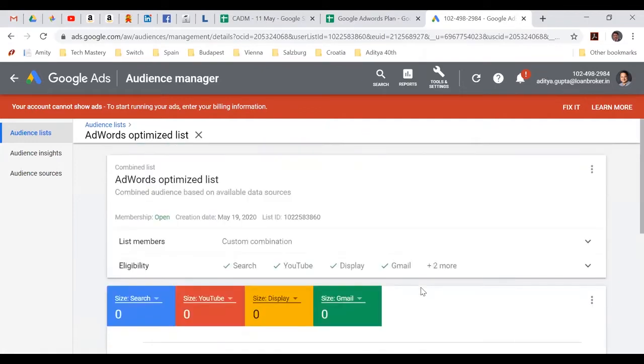But anyone else can share their screen. It would be great. Aditya, you can stop your screen, please. Stop sharing it. Yeah, thanks. Anyone, just quickly share it. It will take 5 minutes to set up the remarketing code method. Aditya, Prithvi, Ranjana, Uday, Shiv, Sudhanshu, Tanya, any one of you quickly share your screen, please.